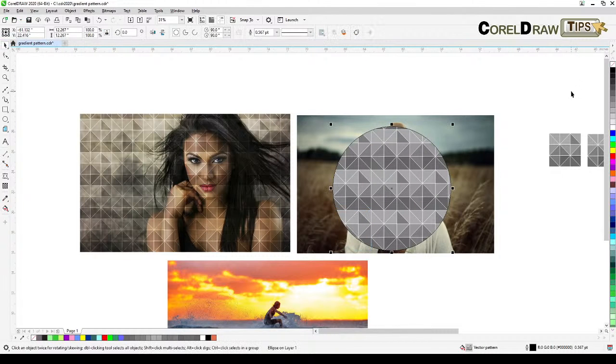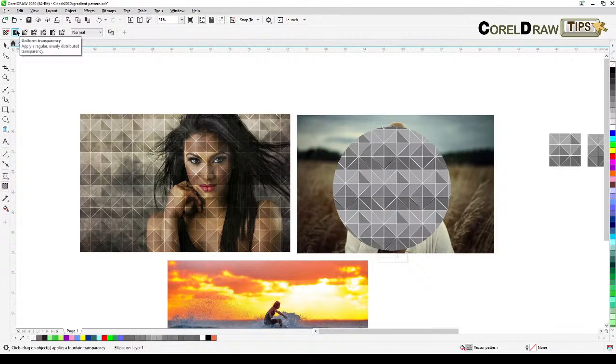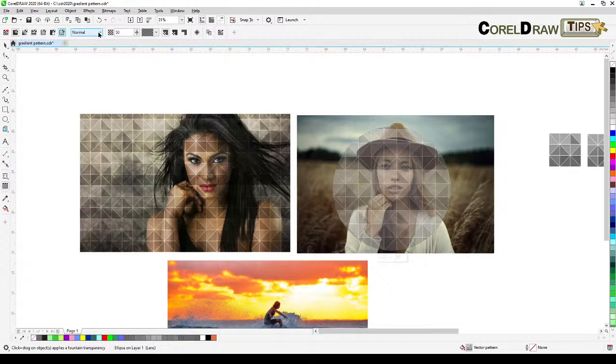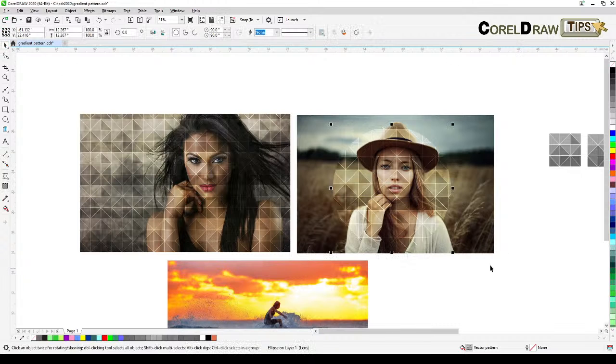And then I'm gonna remove the outline. I mean, just to experiment, right? And then go to transparency, and then go to uniform transparency, and then make this overlay, and drop this down to say 7, or you can even drop it down to 0, and see those. That's the effect that you're gonna get,